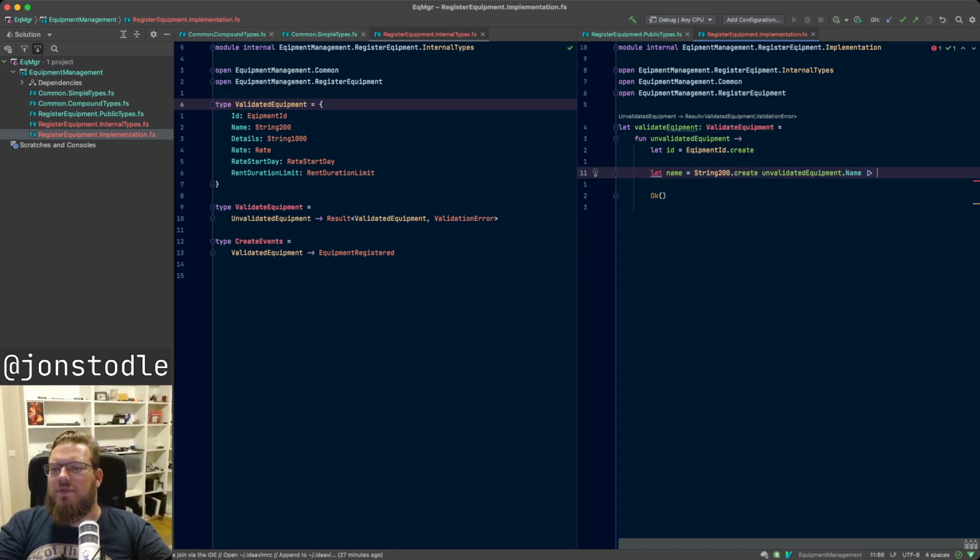So we can do a result map error, which lets us just say about validation. Yeah, so map the error to a validation error, which then makes this a string 200 or a validation error, right? Because what I would want to do then is actually go like if name,